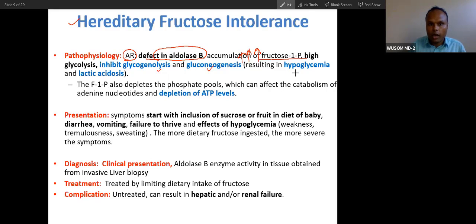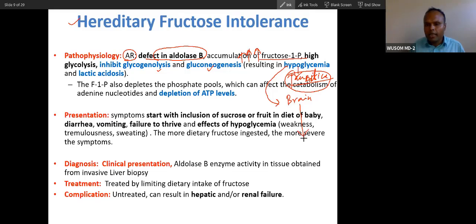So hypoglycemia will cause jaundice because RBC require glucose. No glucose, RBC dies, and death of RBC is anemia and jaundice. So remember, hemolytic anemia, hemolytic jaundice, and this is because of hypoglycemia. The only fuel for RBC is glucose. Now, this glucose also will be deficient in the brain, so hypoglycemia will also affect the brain.